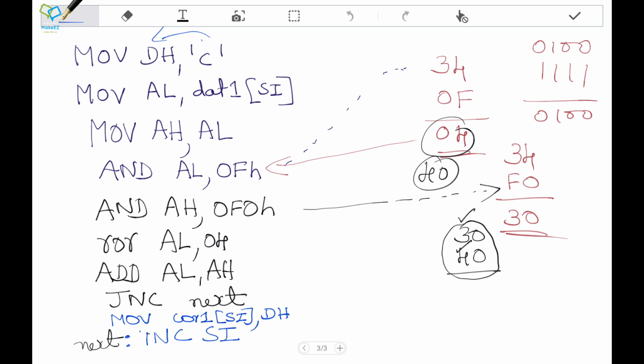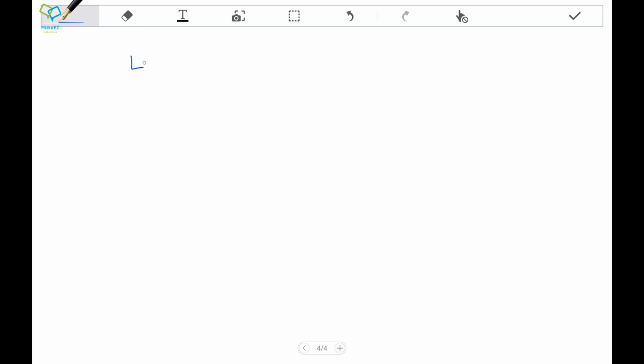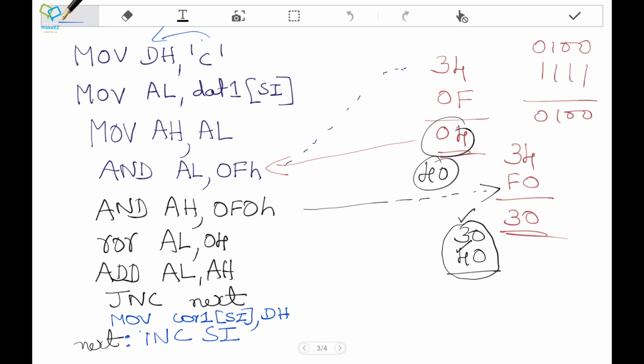Now what should we do next? Loop, right? Loop statement. So next write loop repeat. Where should the repeat go? After incrementing SI, where should the loop go? The loop should go to the repeat. You should put the repeat label here. The repeat label will come here,